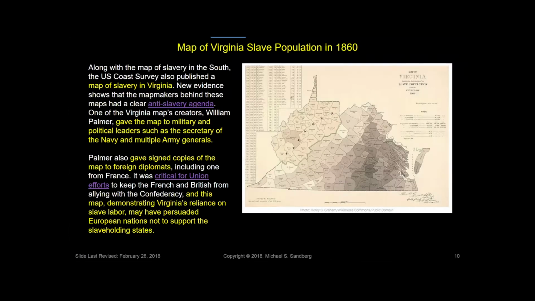So the Coastal Survey also put out a second map, and this is a map of Virginia. This map in particular was put out with the agenda to promote anti-slavery. It was given to military generals, politicians. They even gave signed copies to foreign diplomats like Britain and France, because it was critical to the Union effort